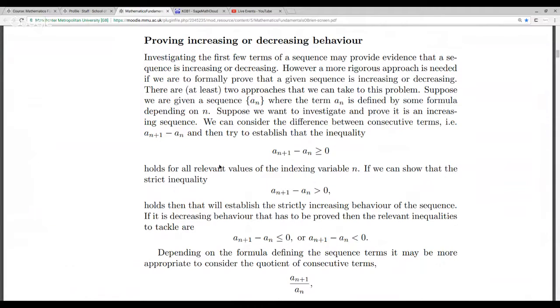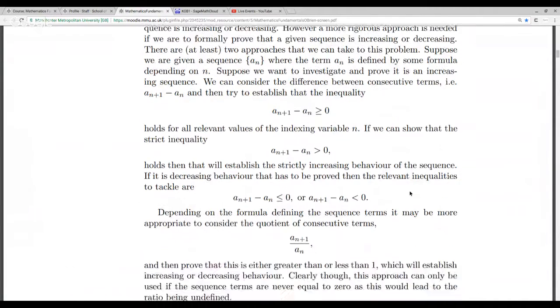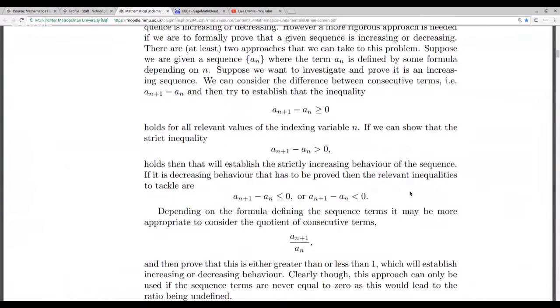Alternatively, and it's not really a different method, it really is equivalent, but it maybe gives an alternative way to think about it, is to look at the ratio of consecutive terms. Look at a_{n+1} divided by a_n, but there, the comparison you're making is not to 0, of course, but you're trying to compare this to 1. Because if the terms are positive, yes, so this only applies to positive quantities,